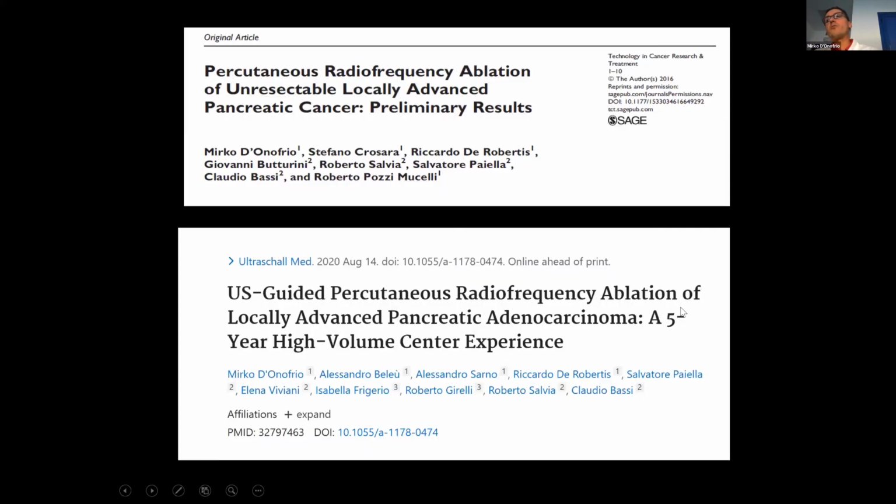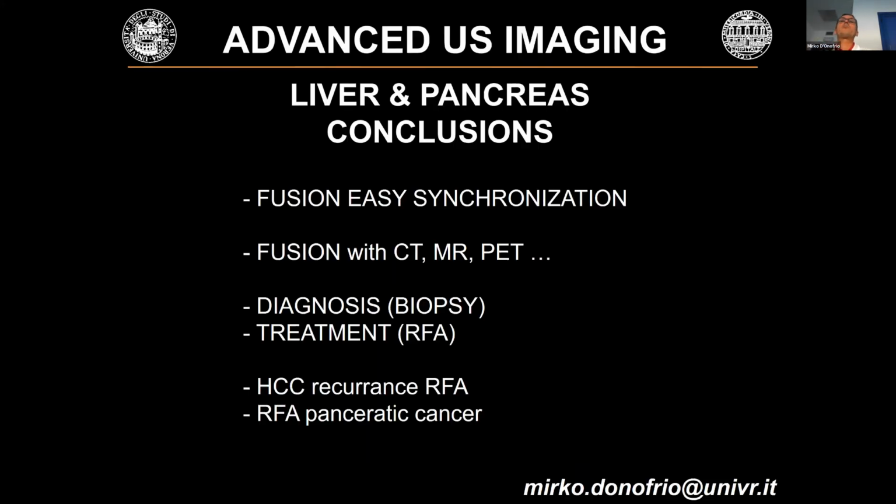We published 2 papers on that, so 5 years of experience. This is the last paper we published in 2020. And just coming to our conclusion, fusion imaging nowadays is easy because there is this automatic synchronization. This is very important. You can think to put together ultrasound from one patient to another, from one case to another, because you can have fusion imaging with CT or MR, but why not with PET-CT? And you can use fusion imaging for biopsy, but better for treatment, because if you are skilled